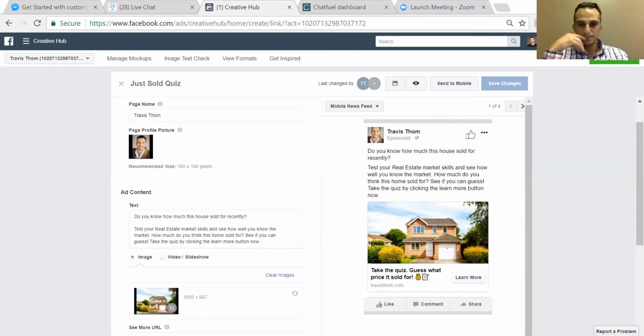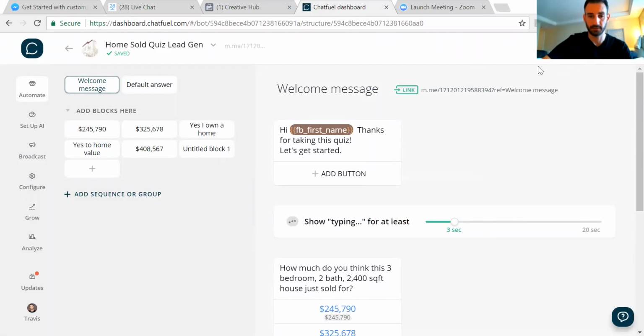Yep. So this is a chatbot quiz, a little ad that we set up: do you know how much this house sold for recently? Test your real estate market skills and see how well you know the market. If they click on this, it sends them into something we built in ChatFuel. This is the back end of ChatFuel. You can create different bots, and these are called blocks. Each one is its own block. So if I hit test this chatbot,